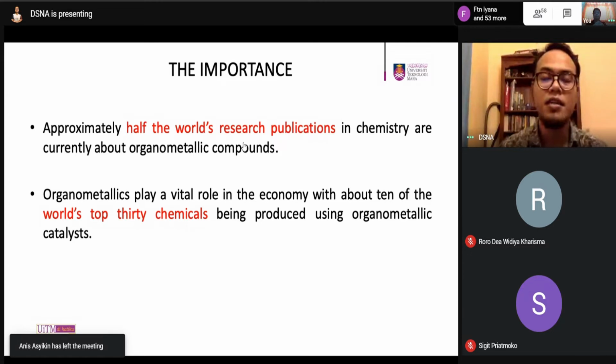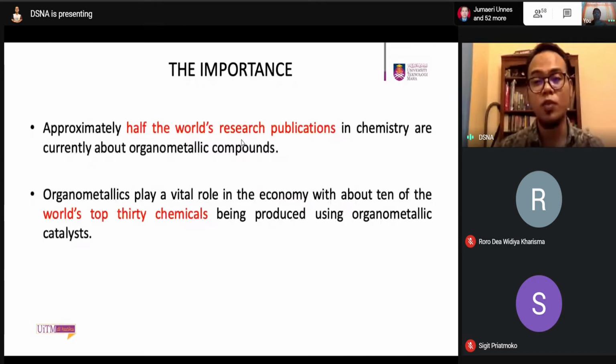These are important chemical processes where organometallics are used as catalysts. So it is important for us to know the chemical structure of the organometallic compounds, as well as how we characterize them. Based on the title given just now, this particular lecture will be divided into a few important